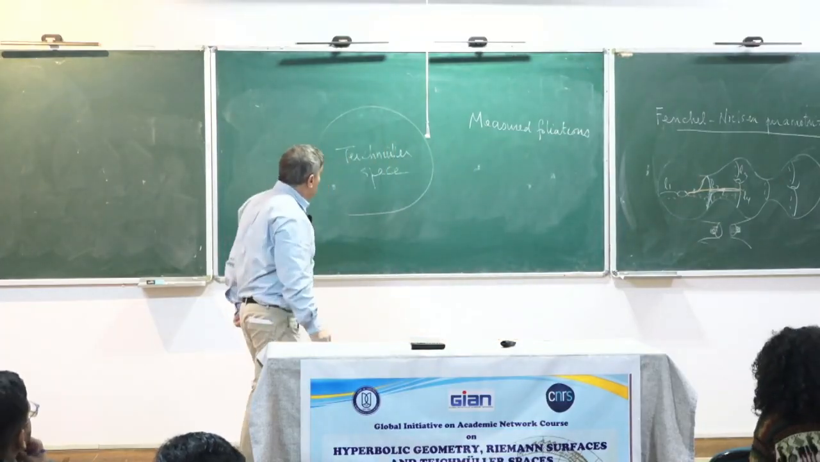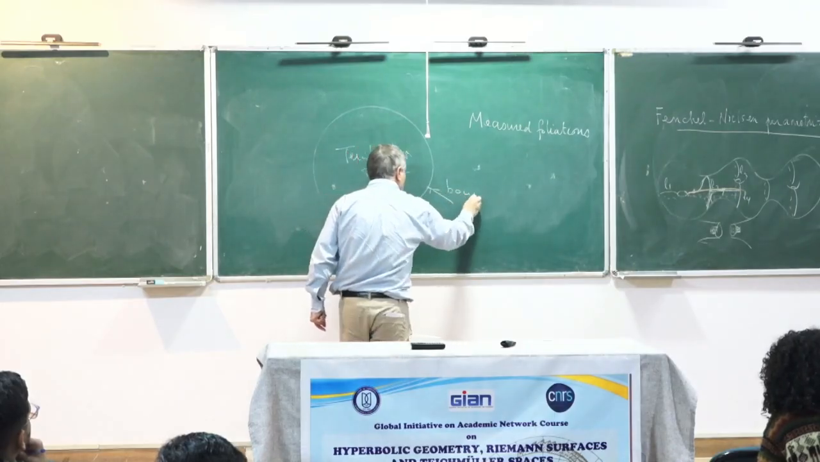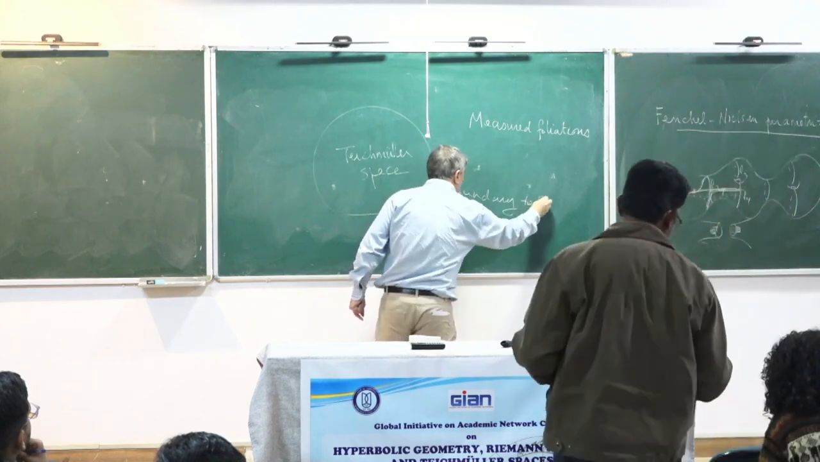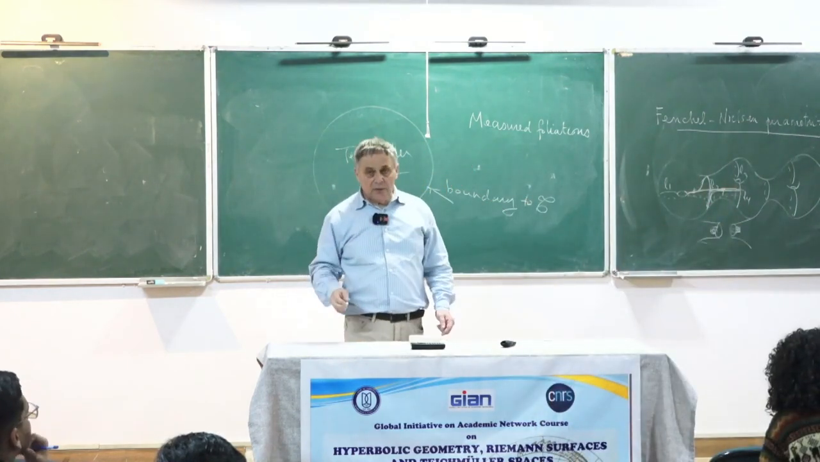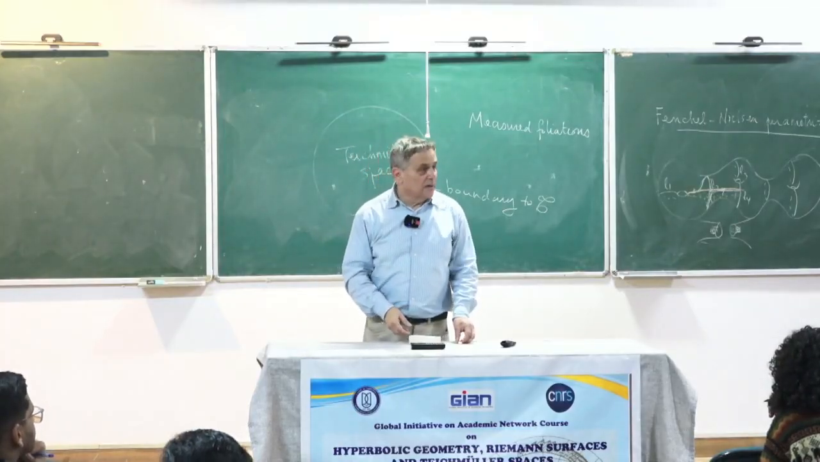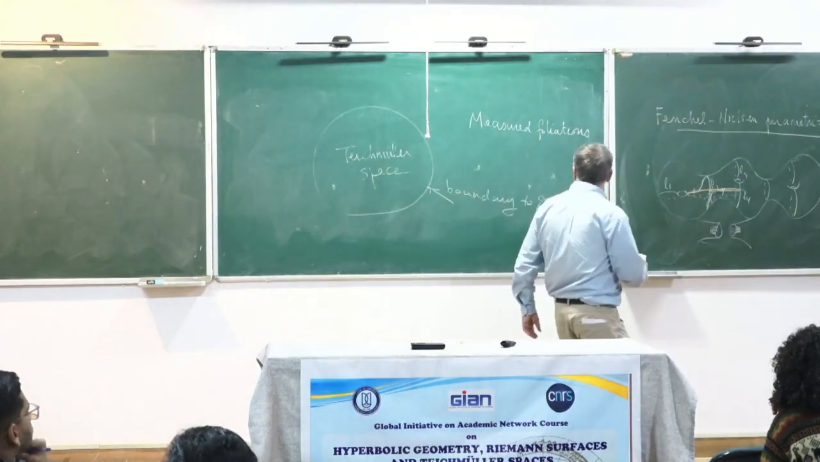And then I told you that there's a space here, there's a boundary. There's a boundary to Teichmüller space, which is a space of measured foliations. And I want to explain this a little bit because I will have to use it later. So if you remember, we discussed foliations on